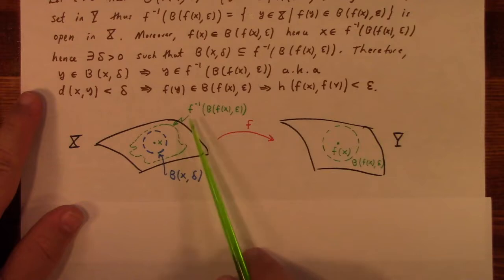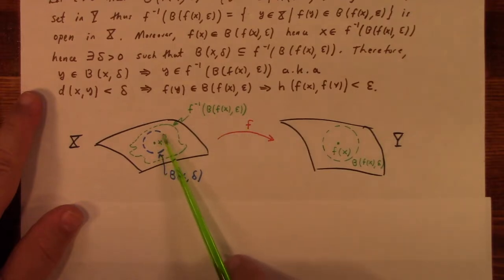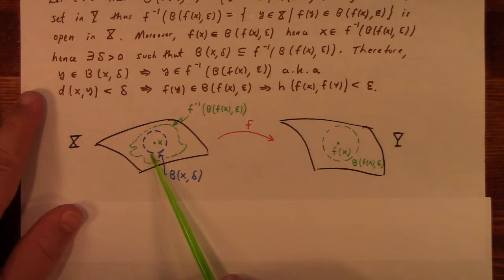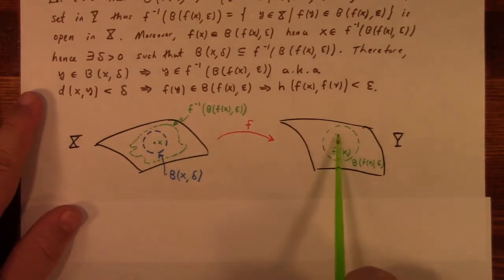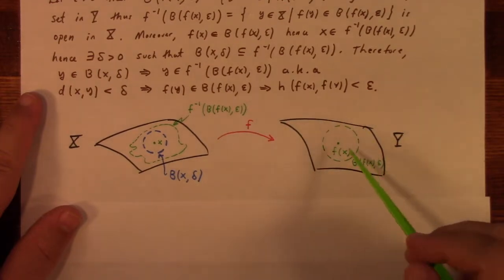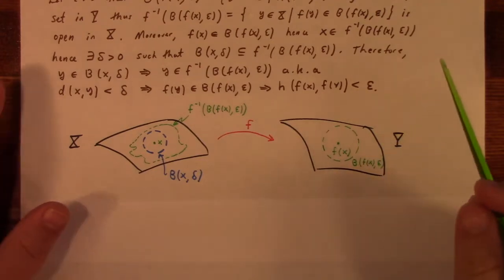Well, x is a point inside the inverse image of that, which means that there exists this ball of radius delta in there, right? But then when you take a look at what you got, if y is an element of that ball, that means the distance from x to y is less than delta, and that implies that the image of this thing fits somewhere inside that, which means that the distance from f of x to f of y is going to be less than epsilon, because this is like epsilon distance. So anyway,